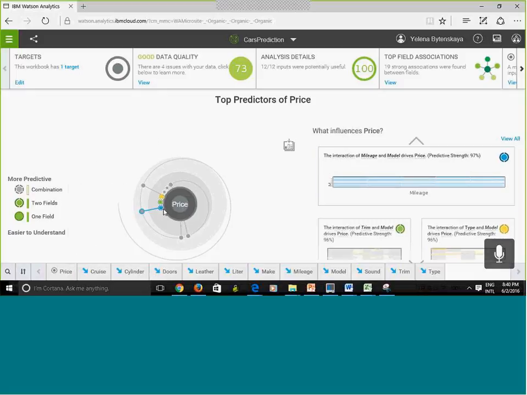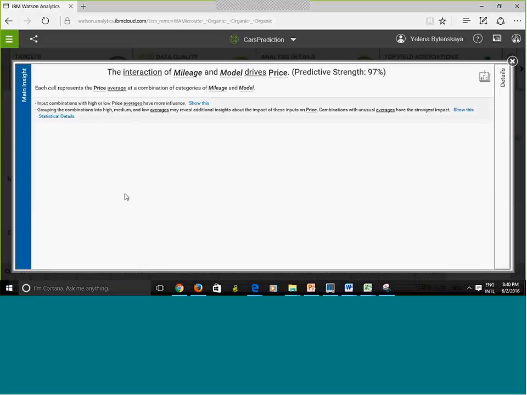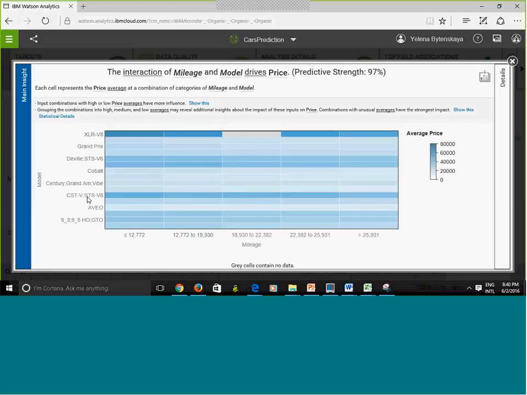What I could also do is put my mouse over, and it's showing me the predictive strengths, and then I can click here, More Details. Now it's going to show me the visualization. See this? It's a 3-dimensional visualization because this is one dimension, this is another dimension, and the price is the color code.